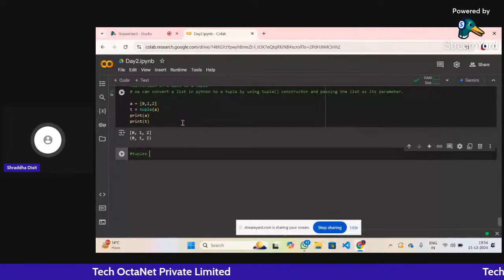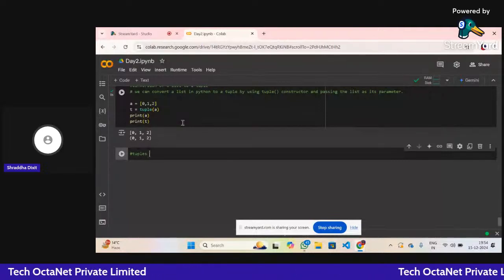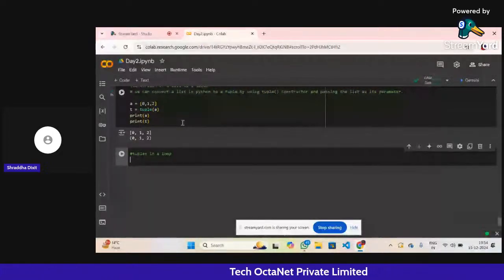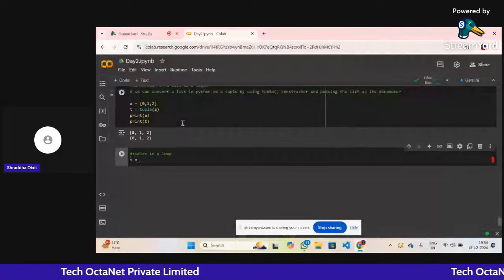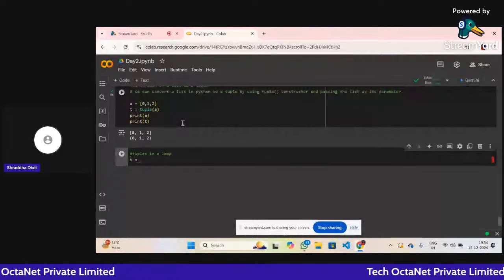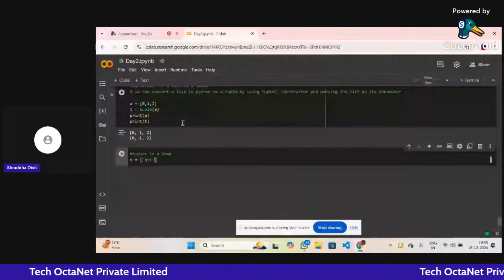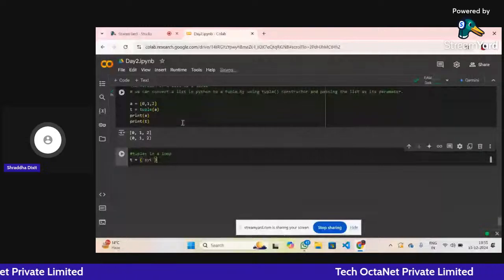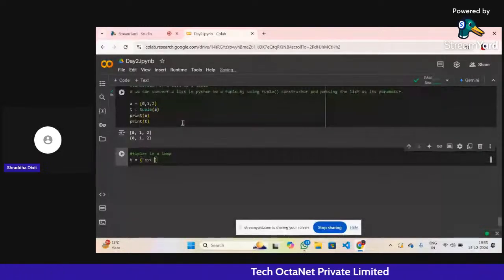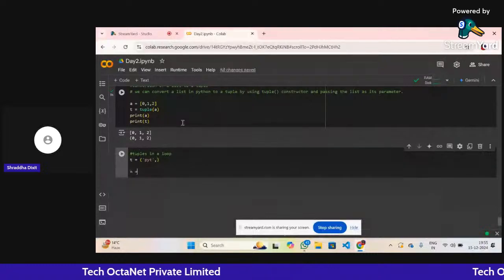Loop. Let's see, suppose we have a tuple T which has a value, let's say Python, let's say pyt, and it's separated by comma. And if you have an n variable, let's say n equal to 5, and if you have